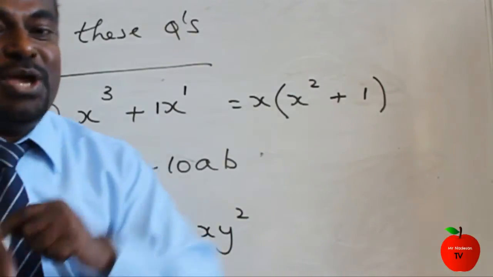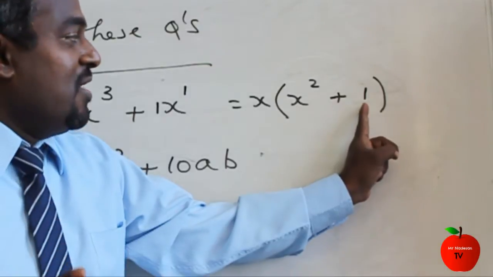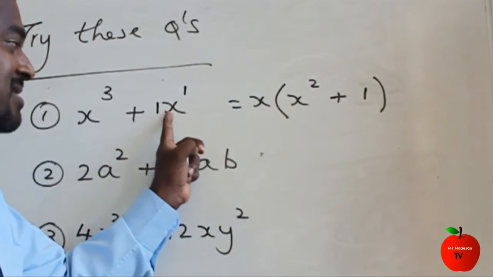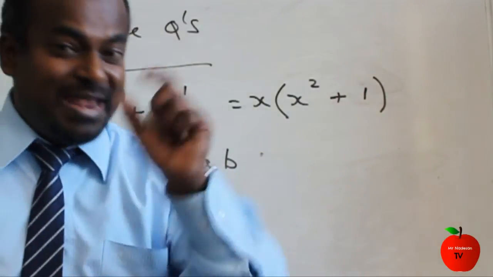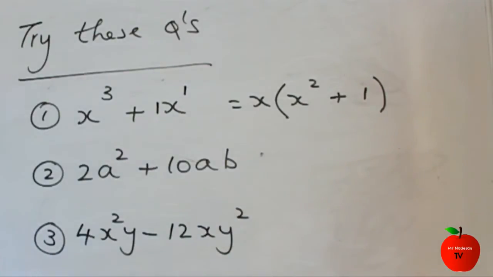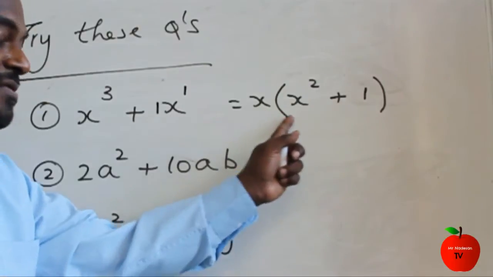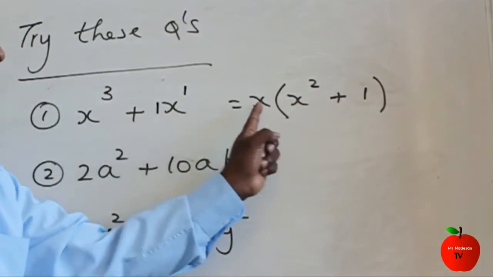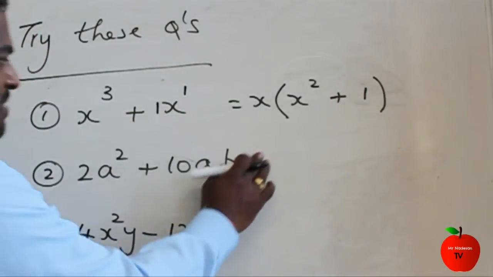But I already mentioned to you how to double check your answer. If you put a 0 here, when you use 0 times x, it comes to 0. But we got the x here. So, if you make a mistake, that's why I mentioned to you very clearly how to double check your answer. So when you double check your answer, expand it. But make sure you get the common factors properly. X times x squared is x cubed plus x times 1 is 1x. The next one,